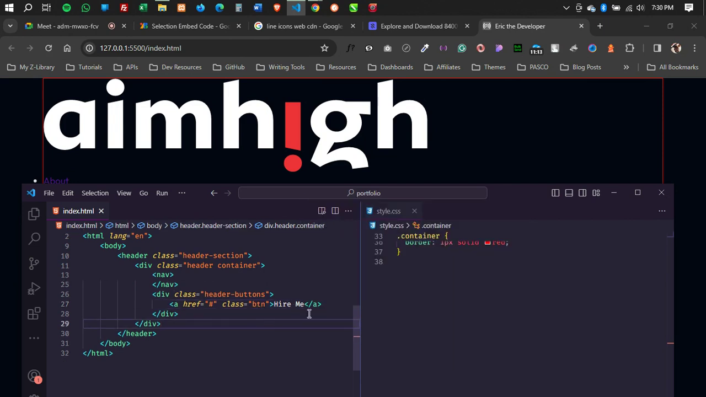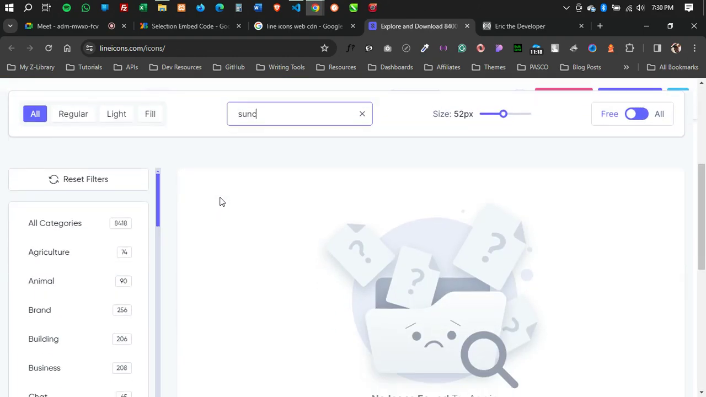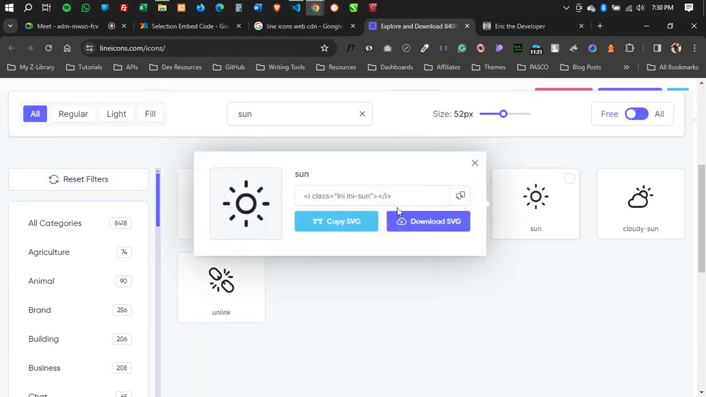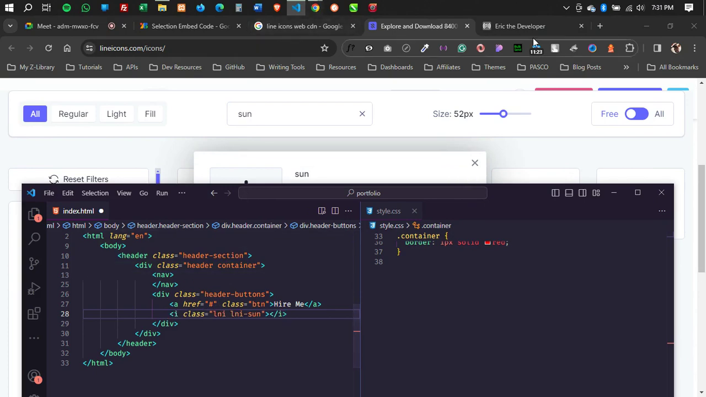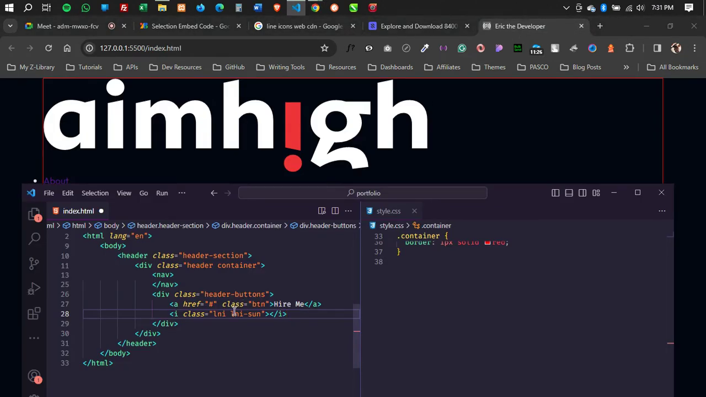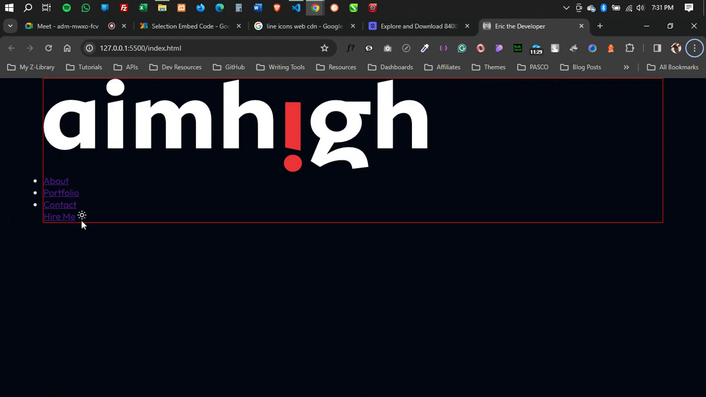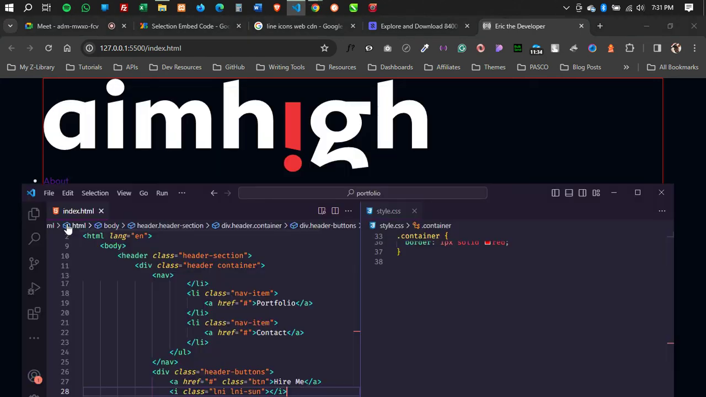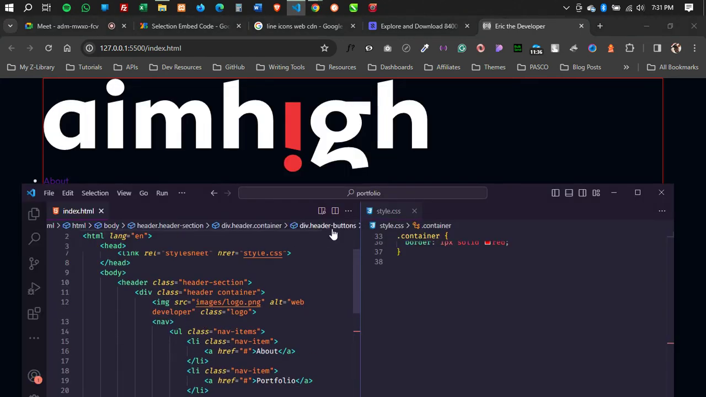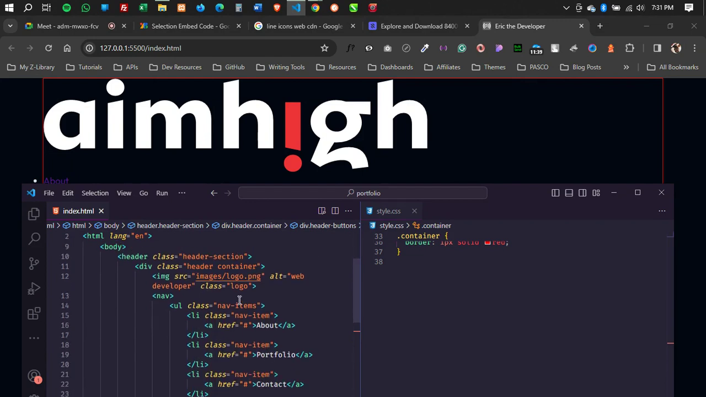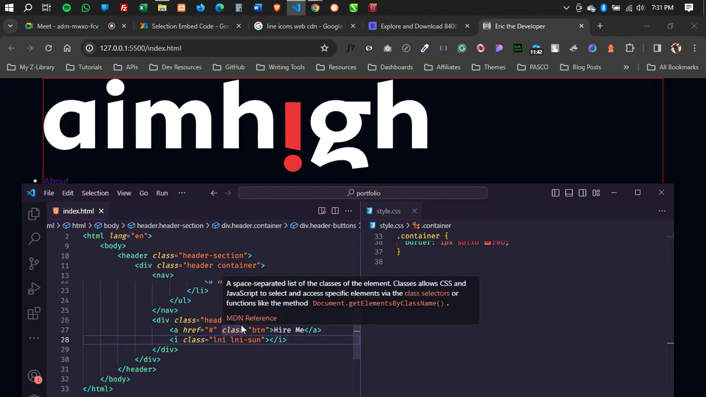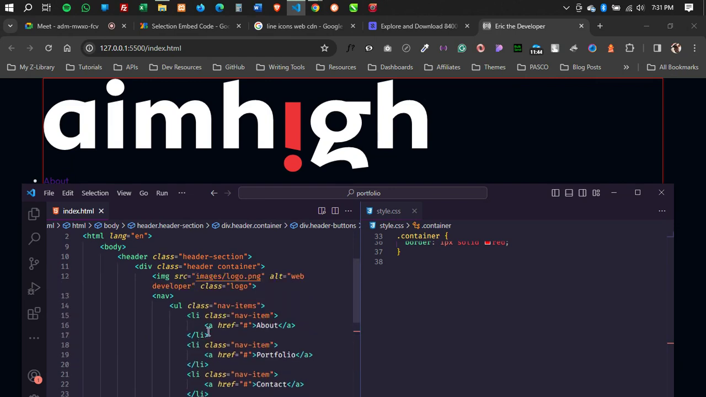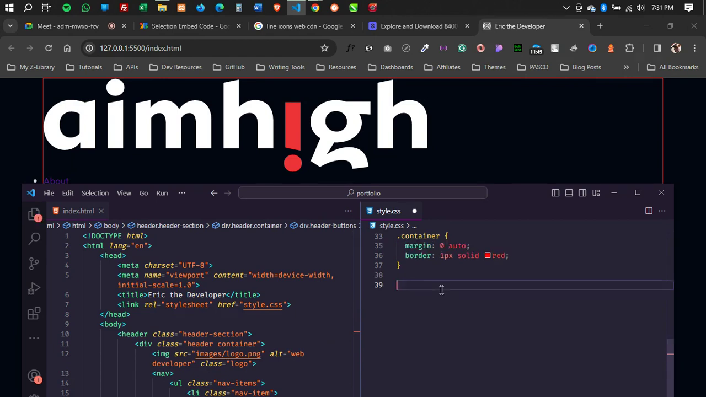and then I would also come back to my line icons and search for sun. So I can now click here, copy the code, go back and paste it, see what I am doing, and let me save. And I have my sun icon showing over there for me, and my button is also showing here, and we'll make it look good in a moment. All right, so I believe we are good for our header,